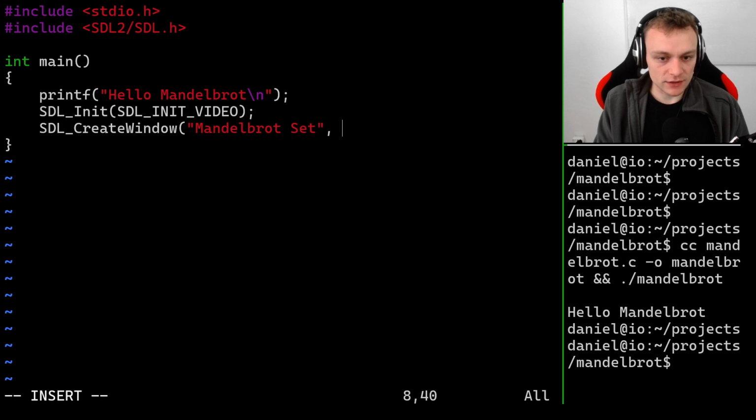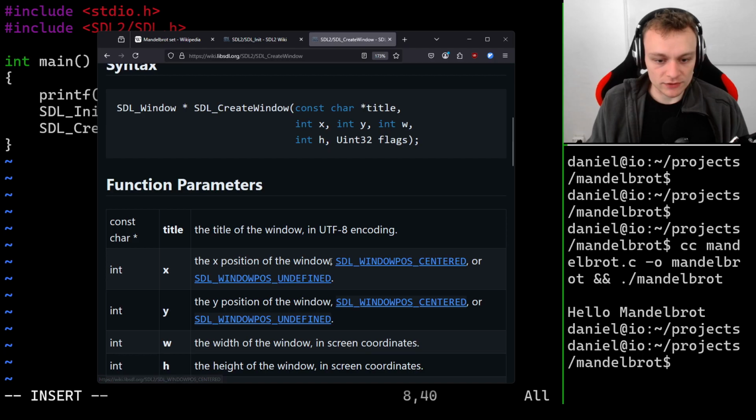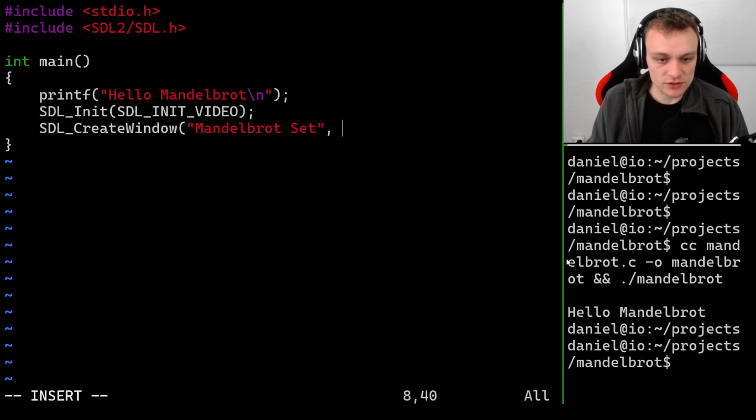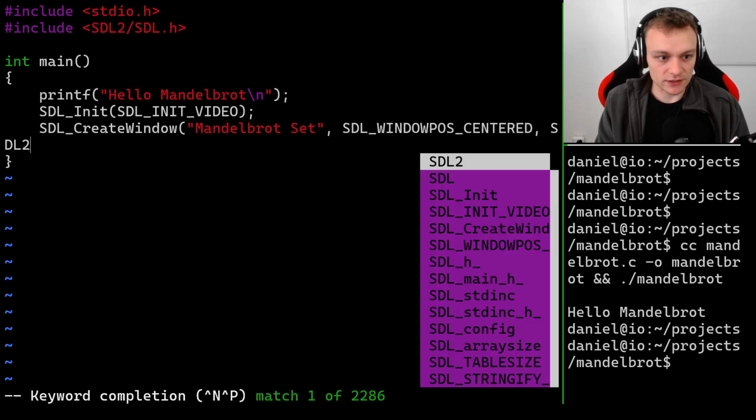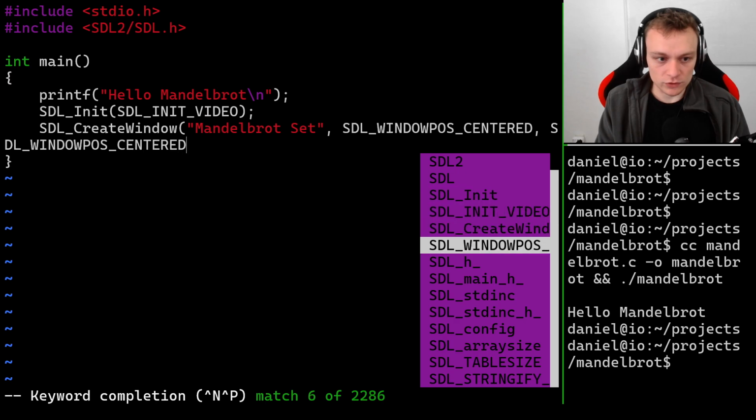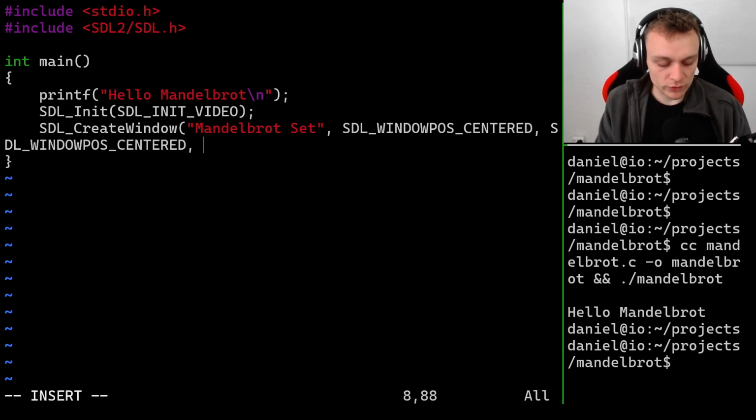Title, x and y, and that is interesting here. They do accept this constant SDL_WINDOWPOS_CENTERED, and then the window will be centered on the screen. So let's do that. SDL_WINDOWPOS_CENTERED, and then here again SDL_WINDOWPOS_CENTERED, and width and height are going